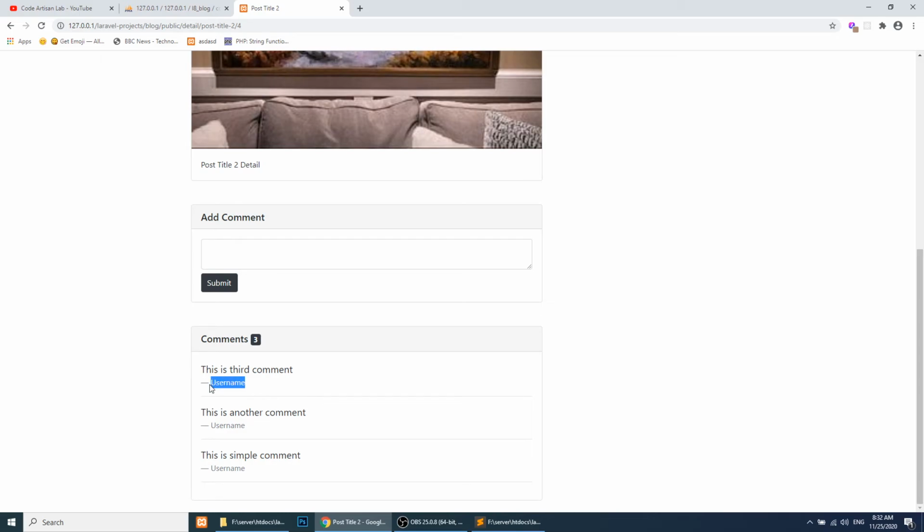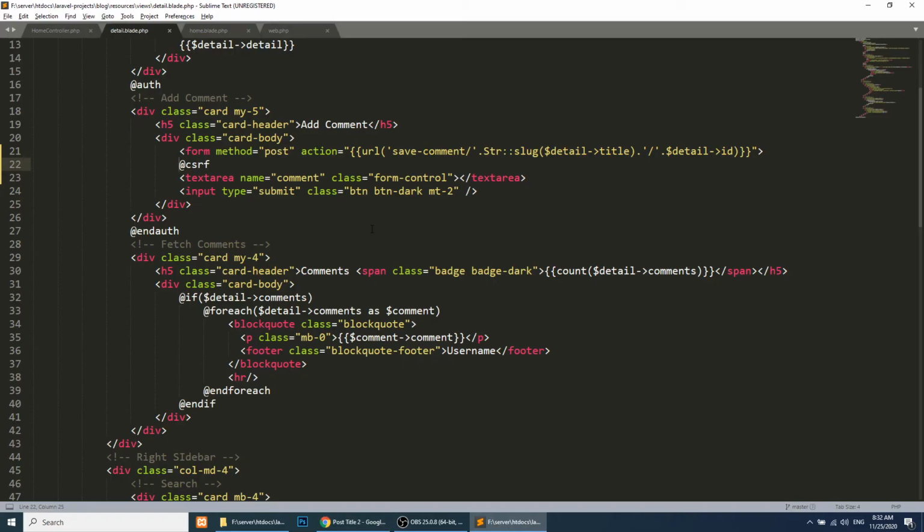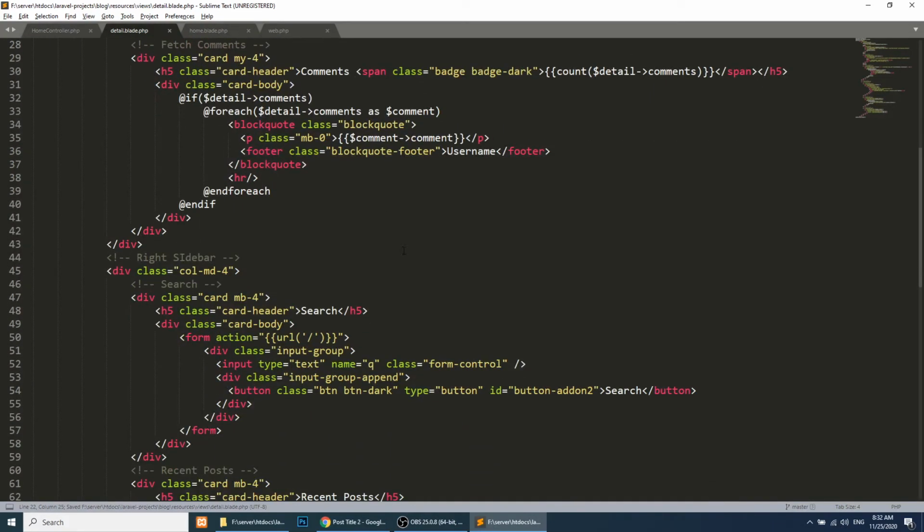Now we can show the username here. Actually we need to fetch this username from the relationship, because of the comment and user relation, since one user has many comments.